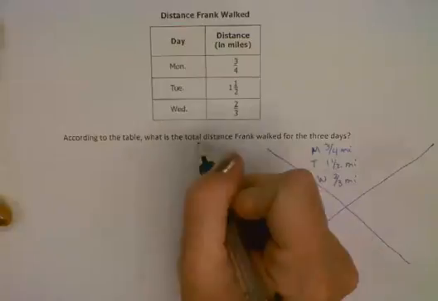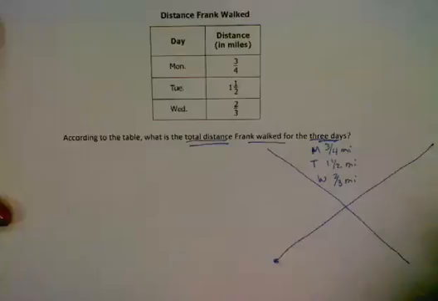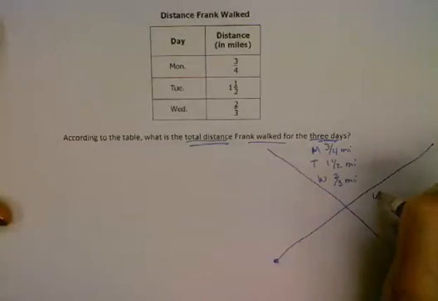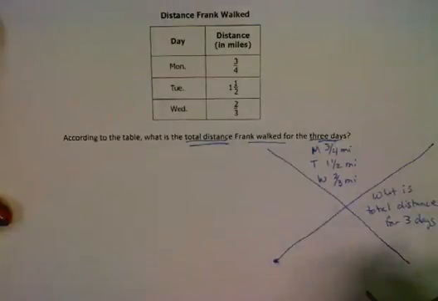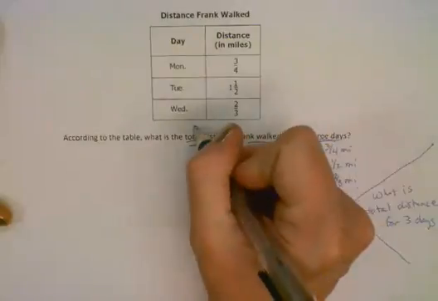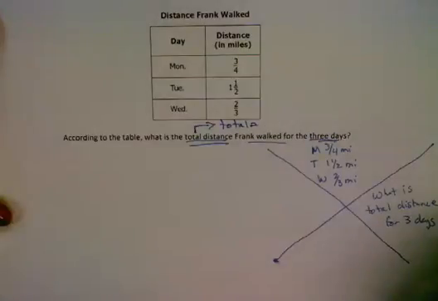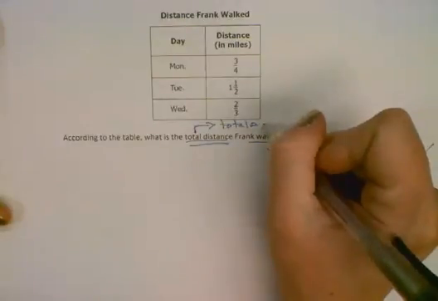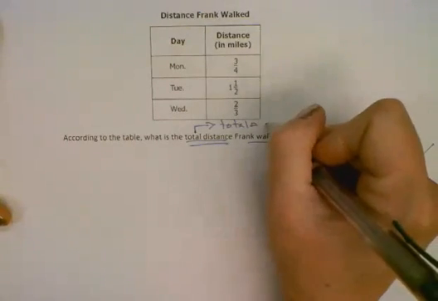Important words: total distance Frank walked for the 3 days. So what is total distance for 3 days? And I'm going to write myself a little note over here, maybe. Total usually means that I'm going to need to add something or multiply something to get a new answer. So I'm going to need to get a bigger answer. I'm going to have to put all of these numbers together. So I'm just going to say I'm going to add